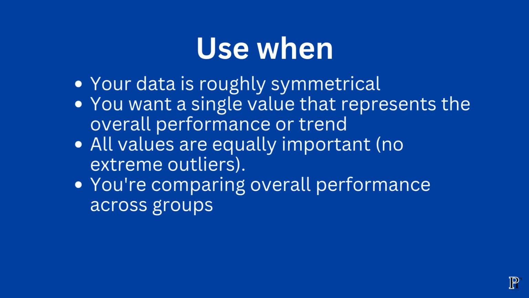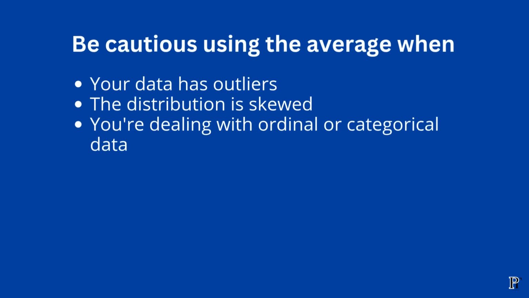Let's see when not to use the average. Avoid using the average when the data has an outlier, like some numbers are closer to 10 and one is 0. This 0 is a single value which is an outlier. Also avoid it when the data is skewed and not balanced, or when you are working with categorical data,